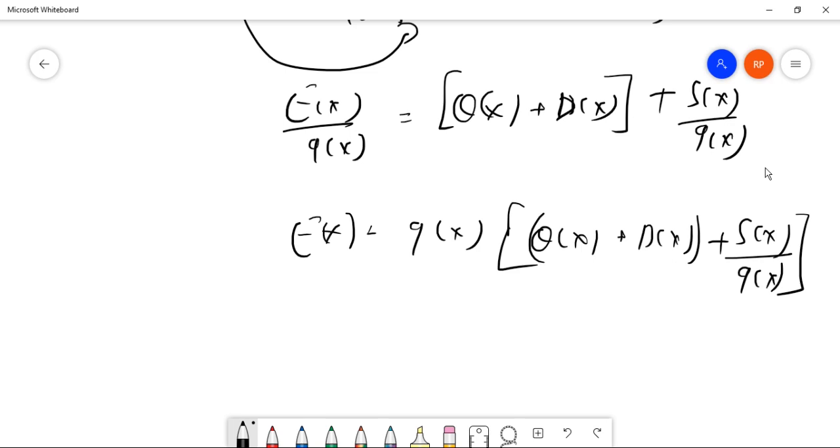plus S of X divided by G of X will be the error. So hence the syndrome Z of X is equal to the remainder resulting from dividing the error pattern by the generator polynomial, and the syndrome contains information about the error pattern that can be used for error correction. So if you calculate the syndrome, then we can easily find the error as well as correct the errors. Obviously these things will get easier when we solve a problem. So let us solve a problem.